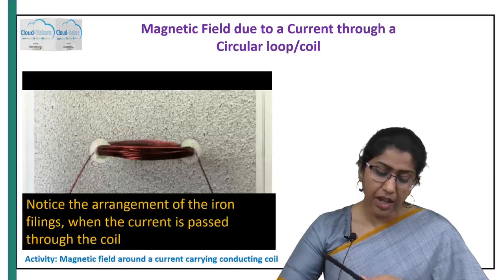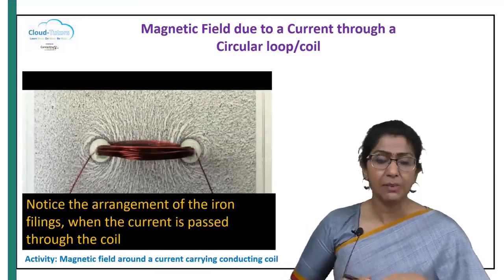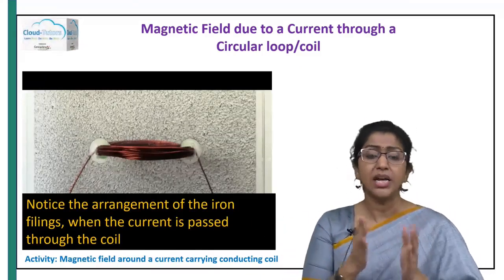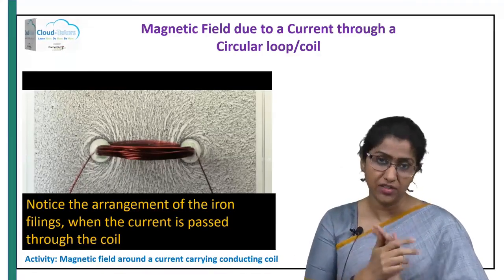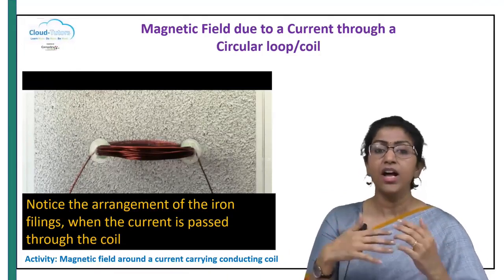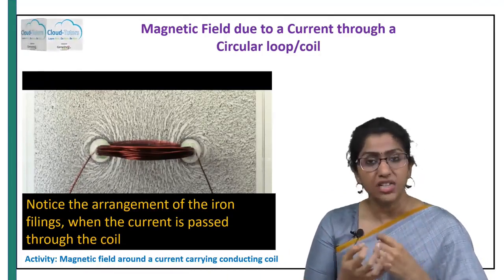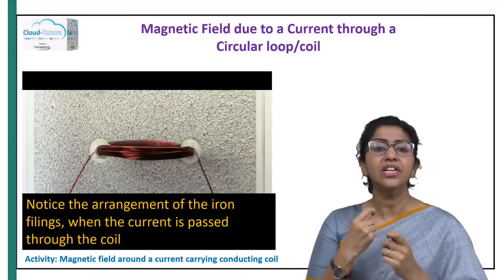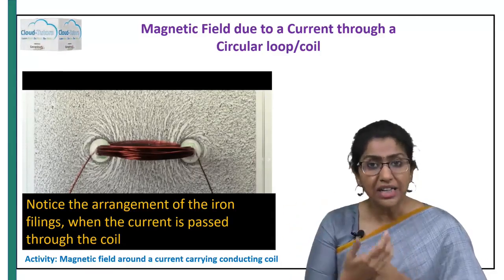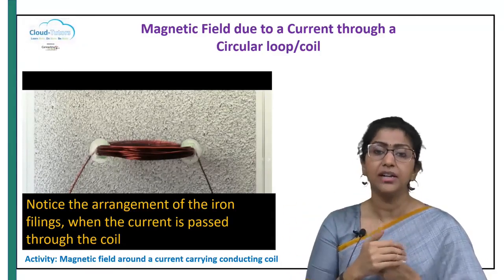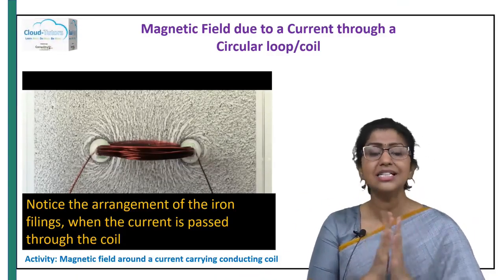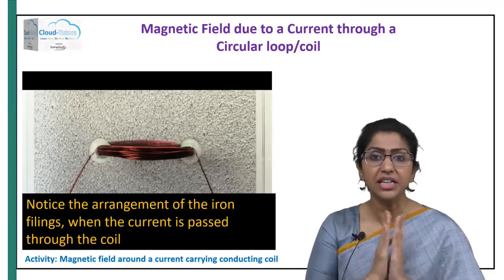Alright. Now, as you look at this picture, Oersted also conducted a series of experiments once he discovered this magnetic effect of electric current. What do we mean by magnetic effect of electric current? As we discussed till now, whenever there is a moving charge inside a conductor, that is, whenever we pass an electric current through a conductor, there is a magnetic field that is induced around the conductor, and whenever we switch off the current, what happens? This magnetic field disappears, right? This is the magnetic effect of electric current.